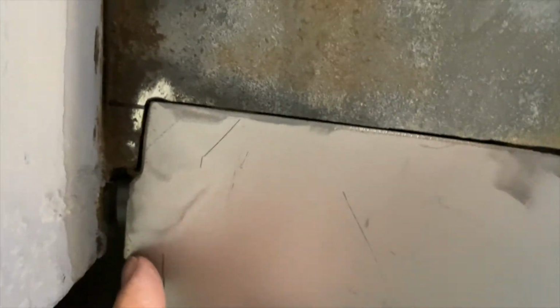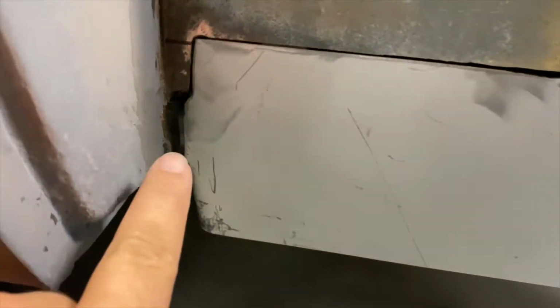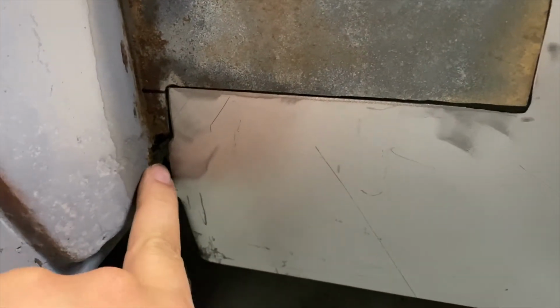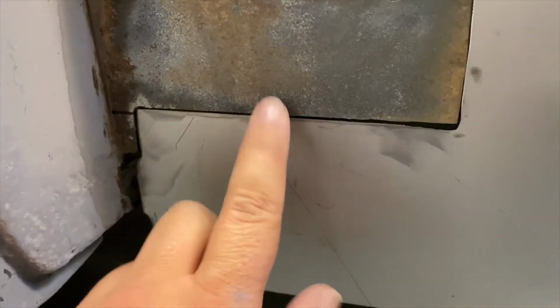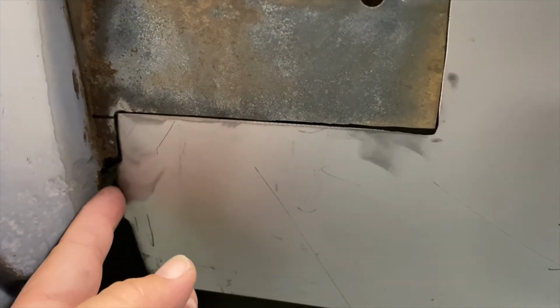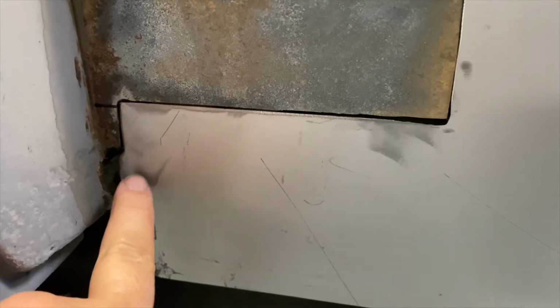Just gotta weld that up, and I'm gonna add metal on the back side of this to attach to the tub. Anyways, I ground this down back here, and it looks like it's good metal to weld to, so we'll just have to measure this distance, and then might use one of the pieces that we cut off this. There's a bend in it. We can put it on the back side here, touching this, clamp it, and then mark